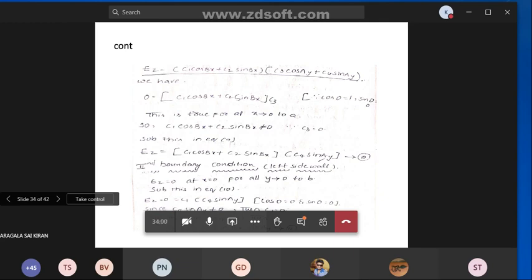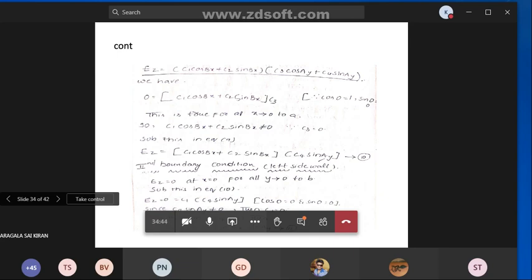But we know that x is not equal to 0, since x changes from 0 to a. So C1 cos bx plus C2 sin bx is not equal to 0. Then C3 becomes 0. So substitute this in equation 9, then you will get Ez equal to